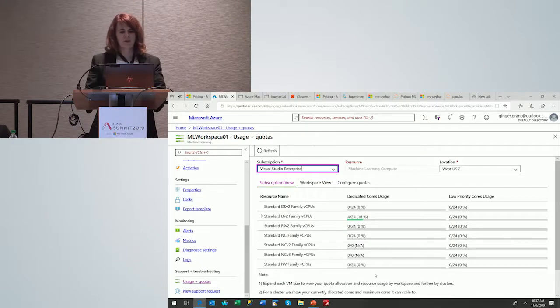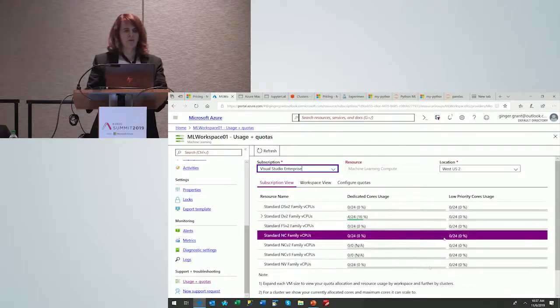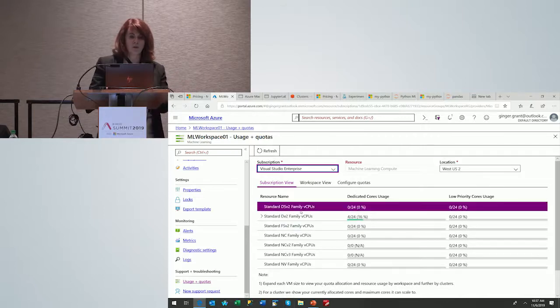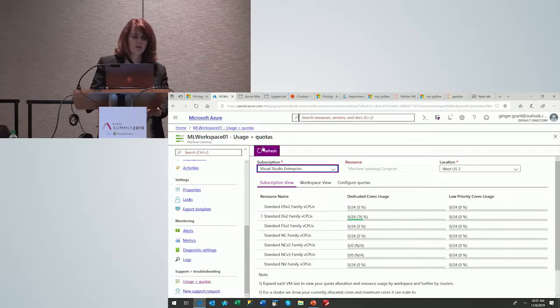What this is really telling you is how much I'm currently using of what I have allocated. So you could see if you have a lot of your compute that is currently utilized, maybe you want to adjust it. Or in my case, if I'm only using 16% of compute, maybe I can drop it. So it gives you an ongoing picture of what's going on in your environment.